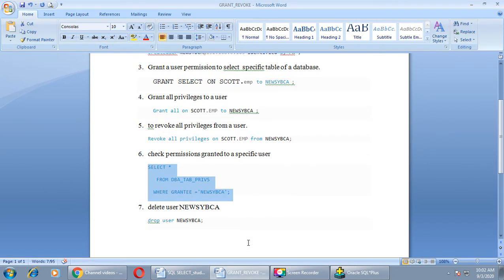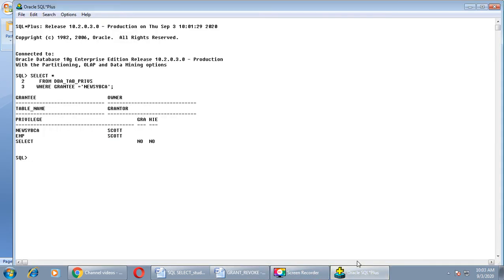Okay, and the last command is to delete a newly created user by giving a drop command. If you want to delete a particular user, we have to write a drop query: drop user new SYBCA semicolon.